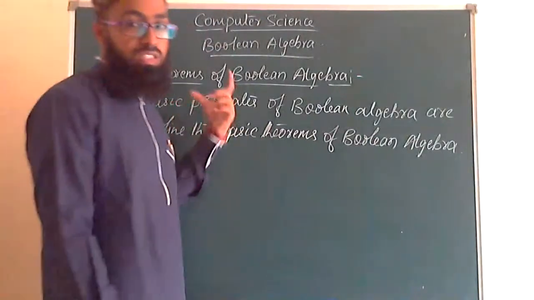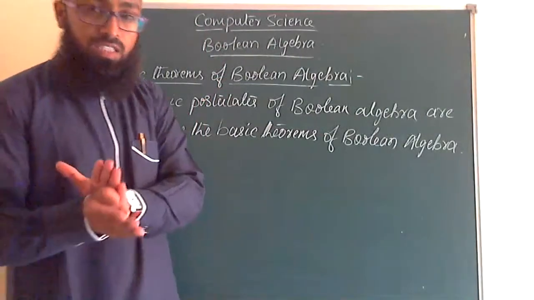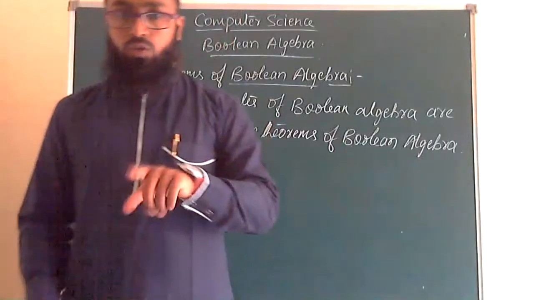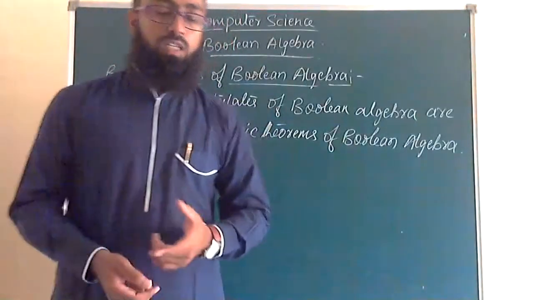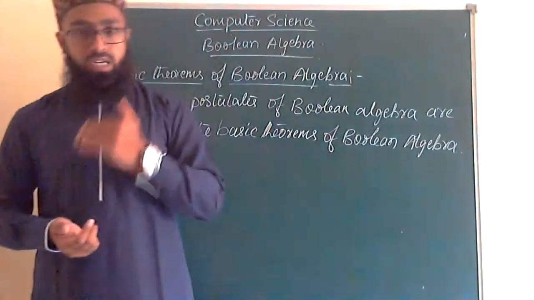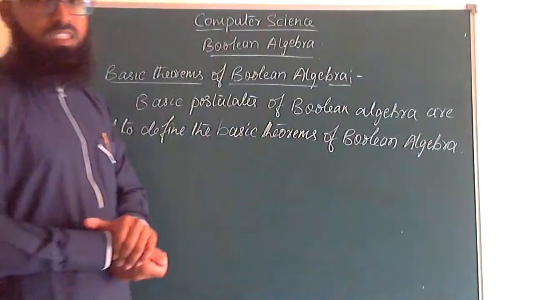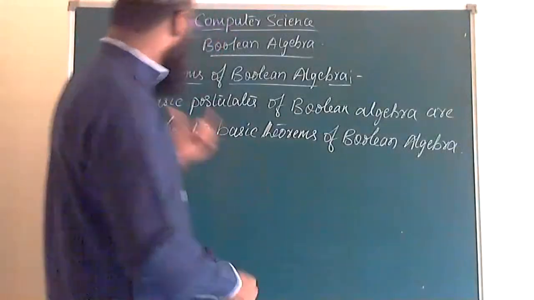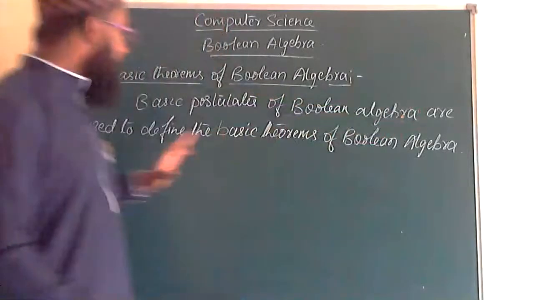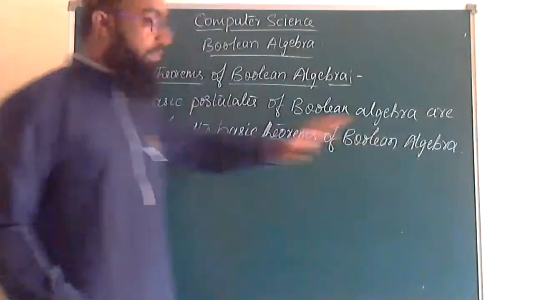In our previous class, we discussed: if x is not equal to 1, then x is equal to 0. And if x is not equal to 0, then x will be equal to 1. After that, logical addition, that is the OR relation. Then the AND relation, that is logical multiplication. And the last one is complementation. These are the four basic postulates of Boolean algebra. Those basic postulates are used to define the basic theorems of Boolean algebra,